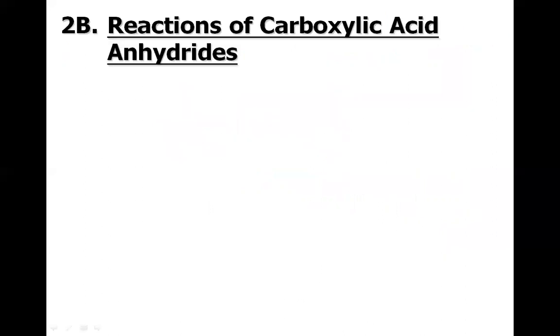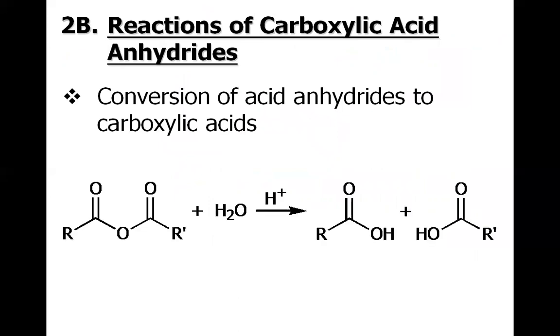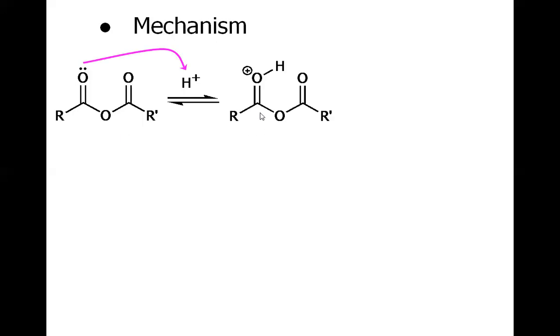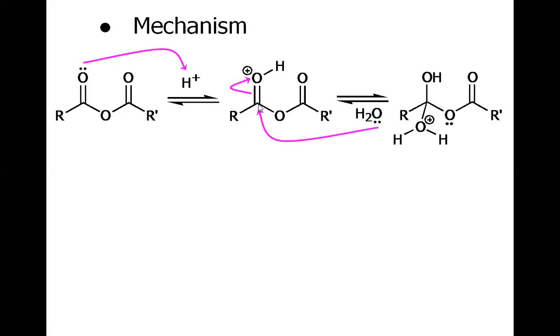Now let us discuss the reactions of carboxylic acid anhydrides. You could see if you simply add water under slightly acidic condition, this CO bond will cleave and we will have the carboxylic acid group formed. So the mechanism: the first step is the protonation of this acid anhydride to have a more reactive carbonyl carbon, and then the water serving as a nucleophile will attack this activated carbonyl carbon to have this intermediate, and then upon